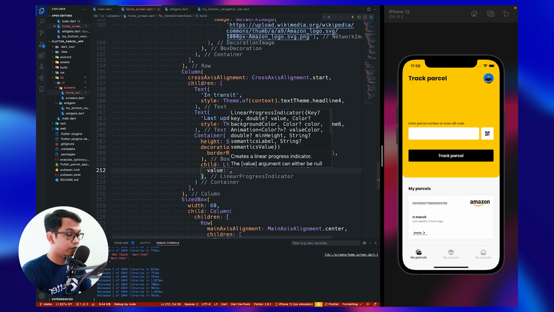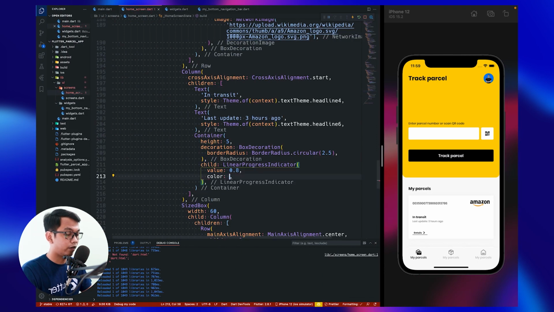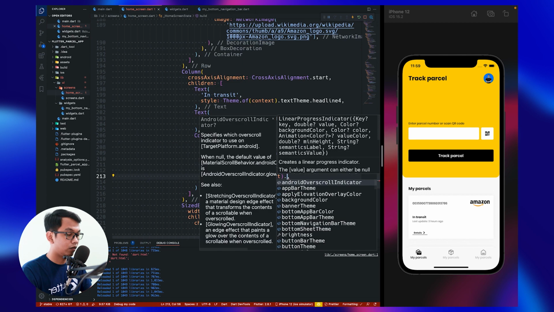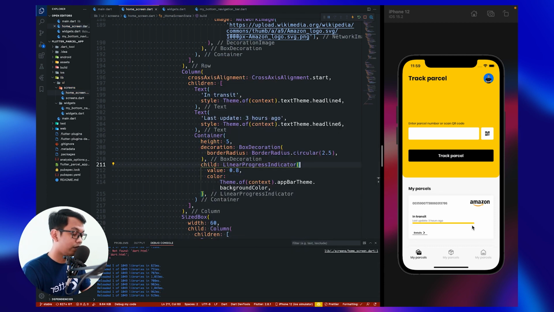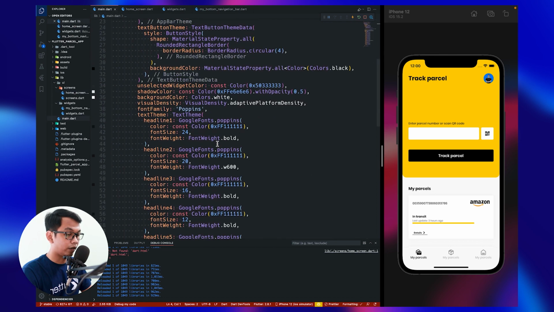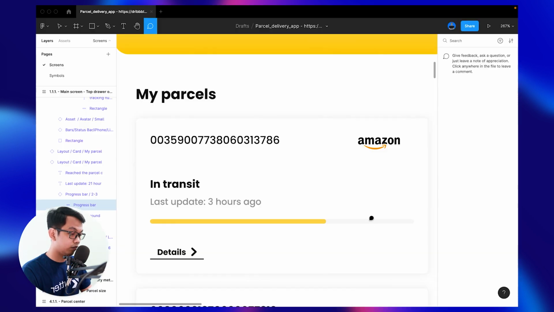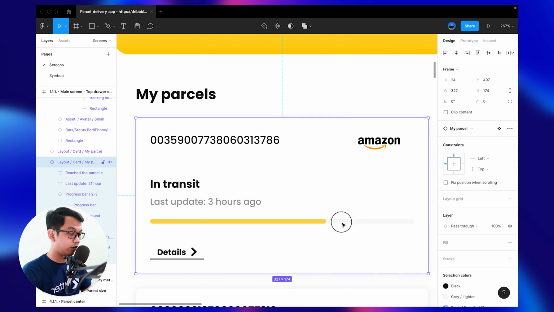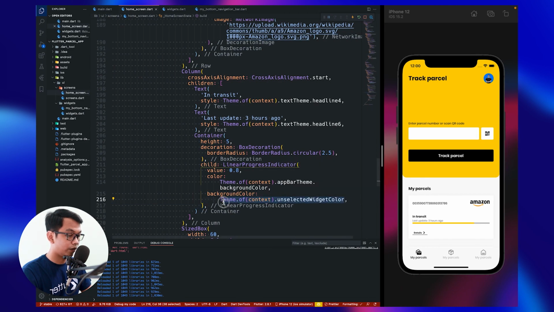For the value, let's make it 0.8, and for the color we can use from our app bar dot background color. And now we see, and maybe we can add a background color, so we can see we use from unselected. No, we use gray. Maybe for now we can use this.